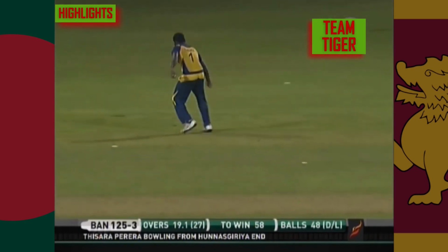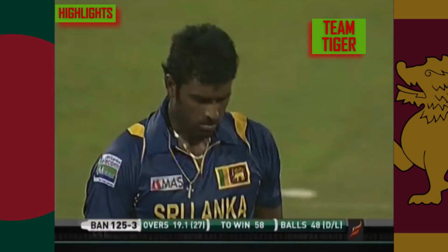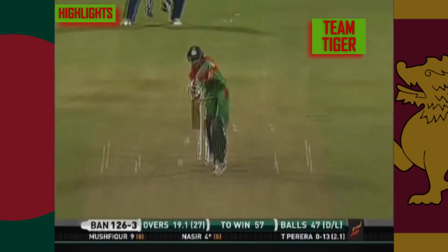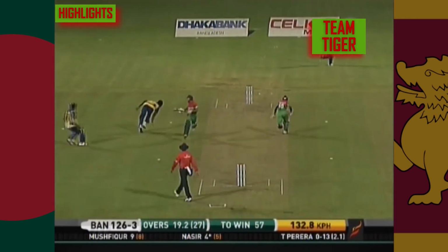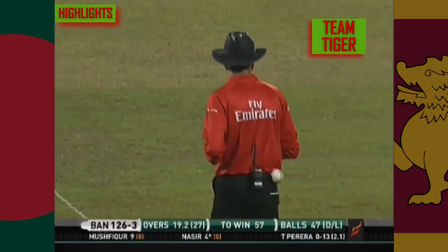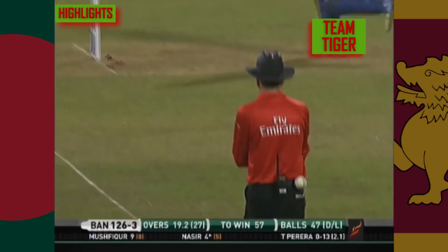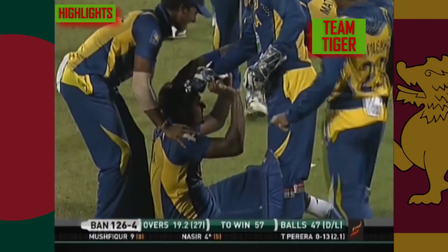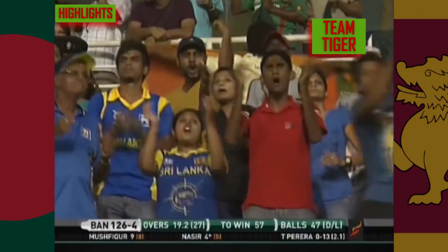Change of ends for Thisara Pereira. It's wet out there. The ball will slip through, run out opportunity. Thisara Pereira gets his man. Mushfiqur Rahim does not stop for the umpire's decision, but look at what the big man's done. Bangladesh